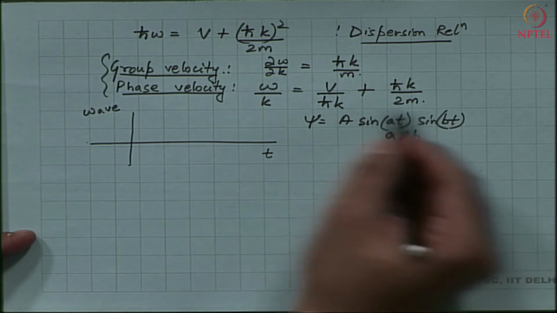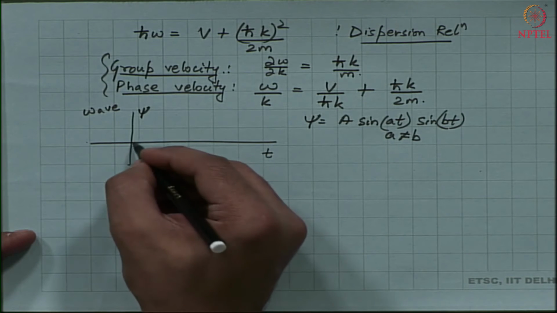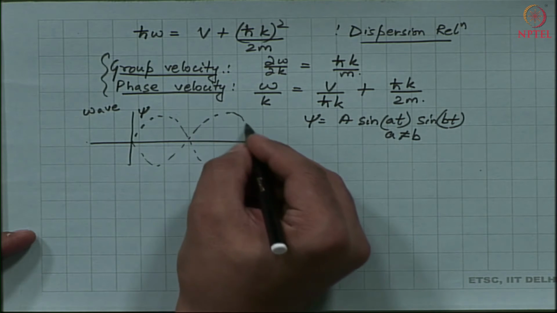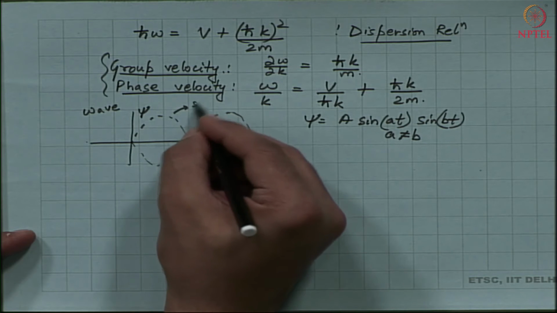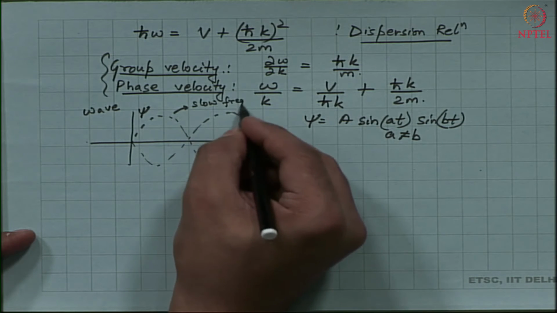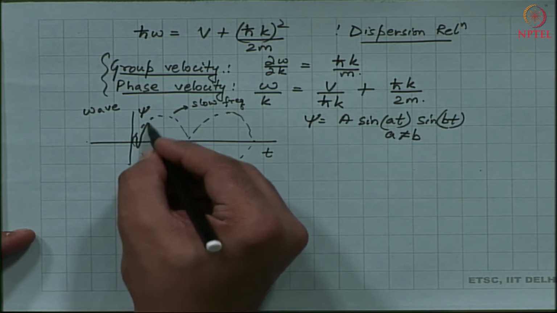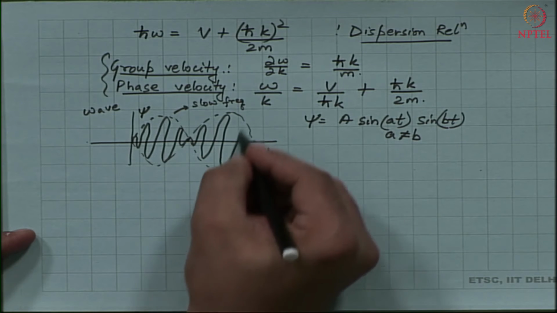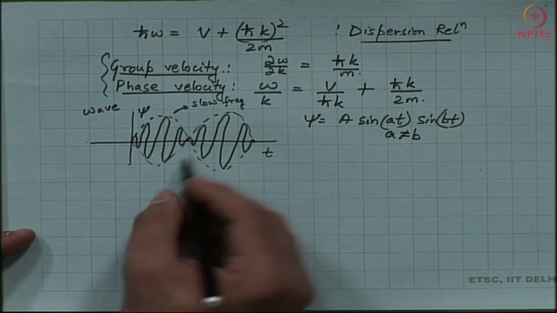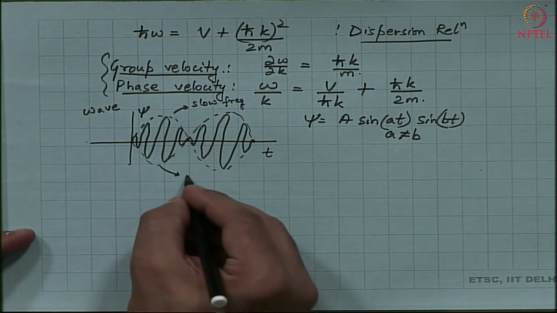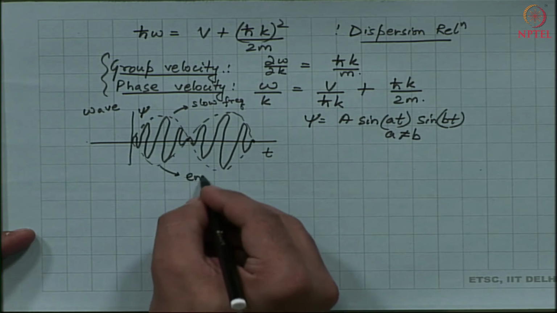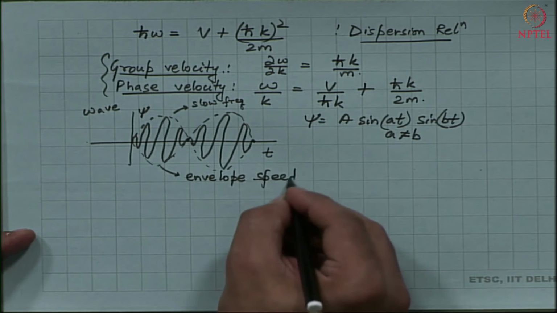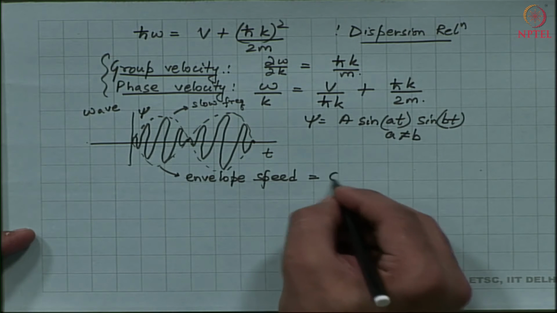So if I were to plot this expression on this graph, I am going to get the following curve. Let us say this is my envelope. This is my slow wave, the slow frequency evolution, and within that slow frequency I will get the fast evolution of the wave. So this is the envelope, and the envelope speed